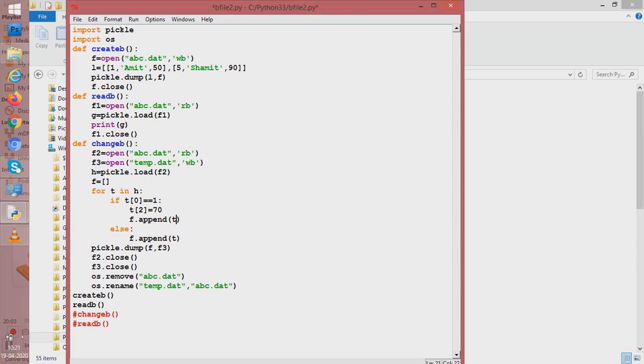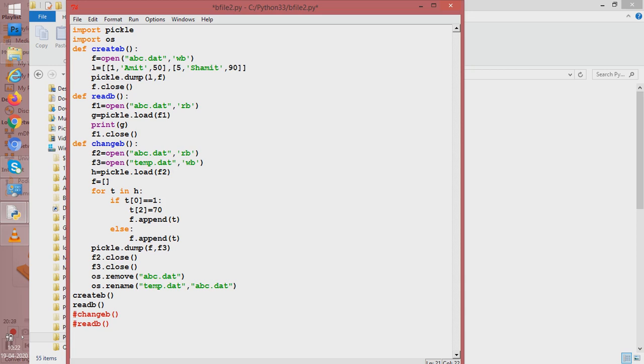Because T contained the record of Amit and T was checked for the 0th position. We checked whether it has 1, as the question said that if roll number is 1, then only change the marks to 70. So if T[0] has 1, then put T[2] as 70, and then whatever T contains, append it in the new list.